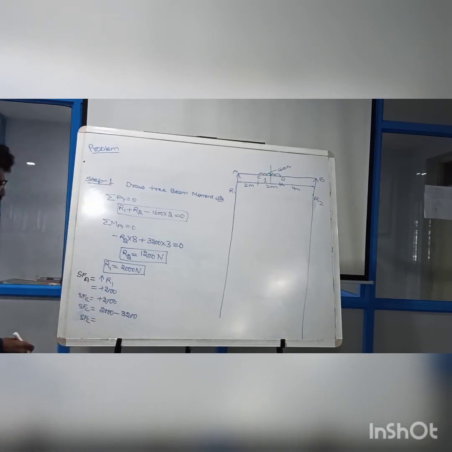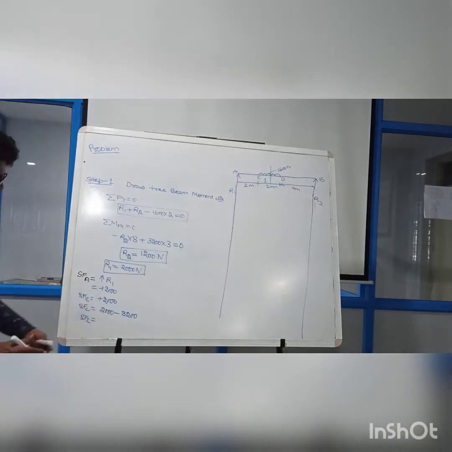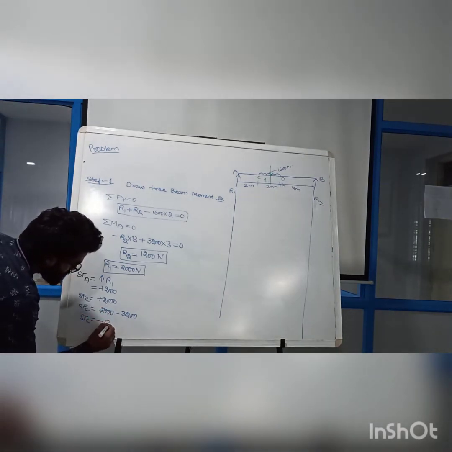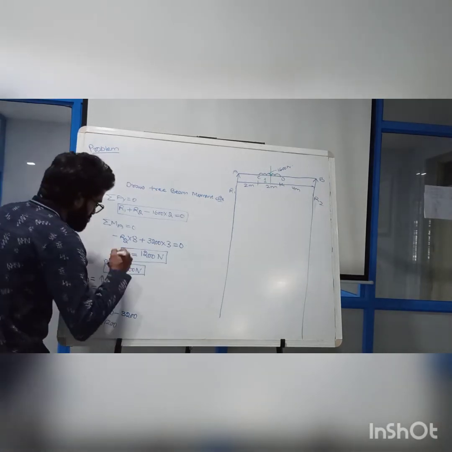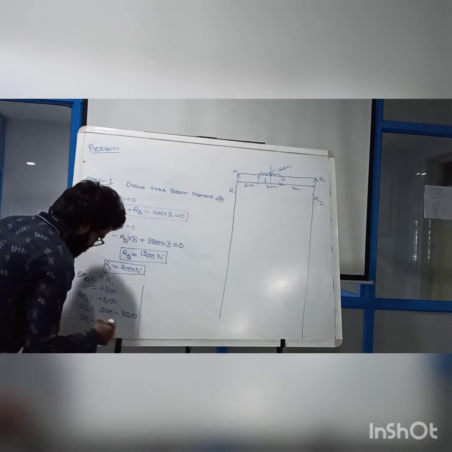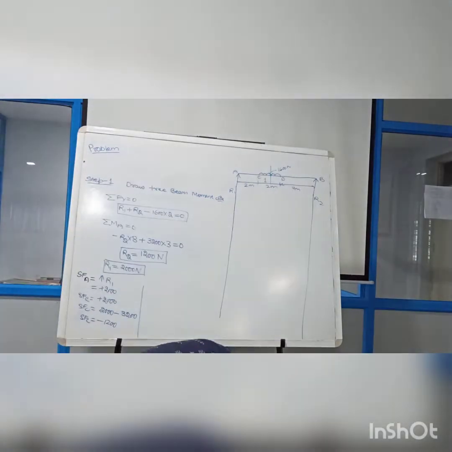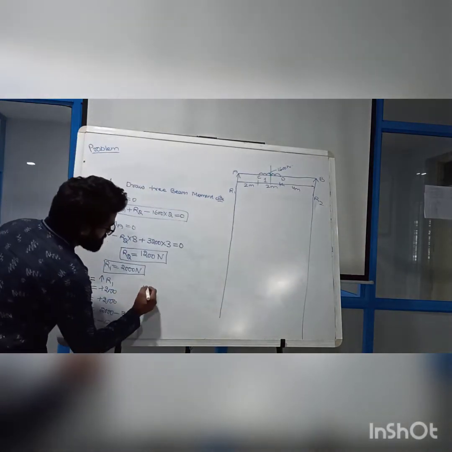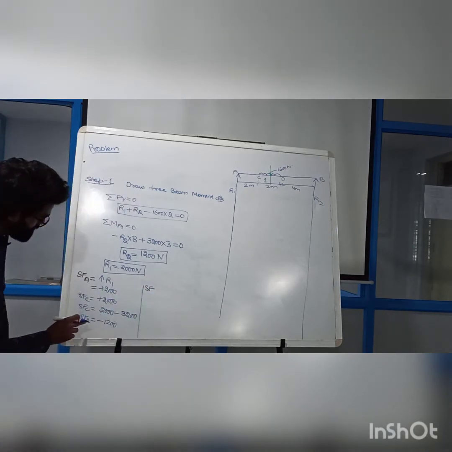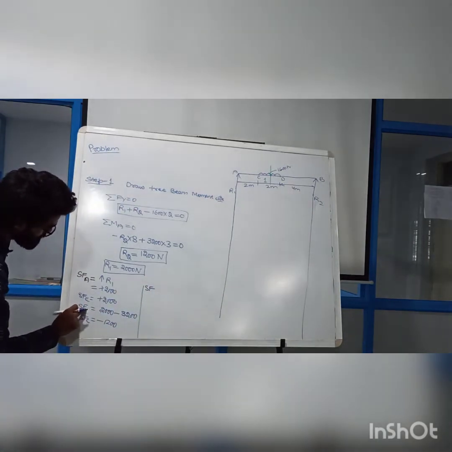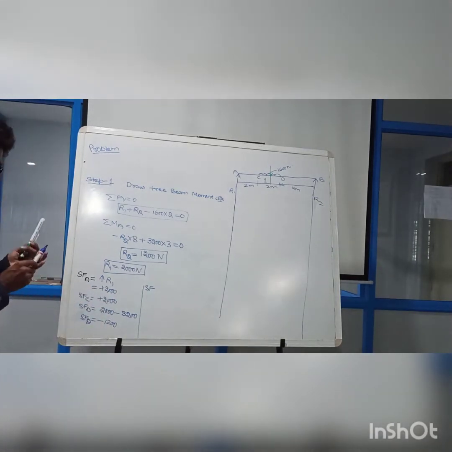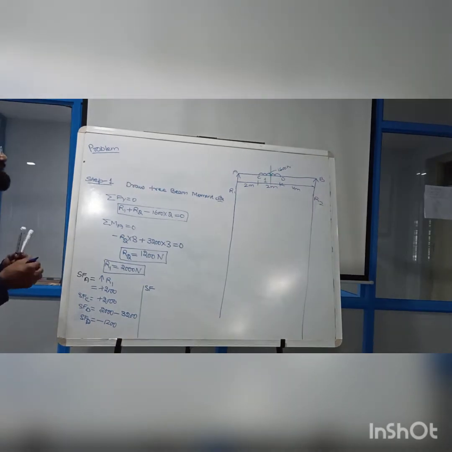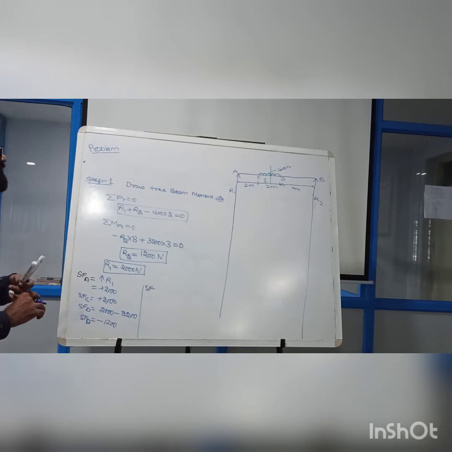So how much shear force am I going to get at C? The shear force at C I am going to get negative, so how much negative? Negative of 1200. If I solve this for the shear force at this D point. At C point it is the same, because from point A to C there is no force. So from point A to C, this is the particular shear force.